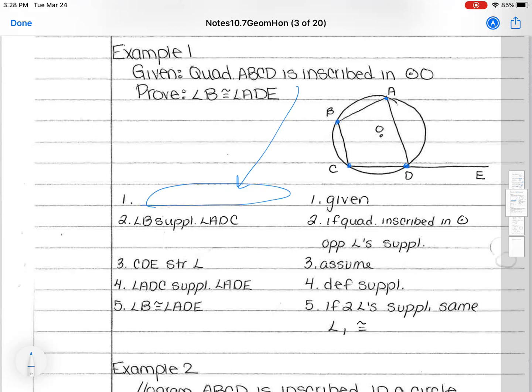First thing we can say is if we know that we have a quadrilateral inscribed, we know opposite angles are supplementary to each other. So we know angle B and angle D, or ADC, are supplementary because they're opposite angles, using Theorem 93 from the other page. Other thing we know is CDE is a straight angle. We can assume that. One thing we do have to add in here is the fact that angle CDE equals 180 by definition of a straight angle. Then we know we have supplementary angles by definition of supplementary. And this technically should have 3 letters, so we'll call it ABC. Angle ABC is then congruent to ADE because if 2 angles